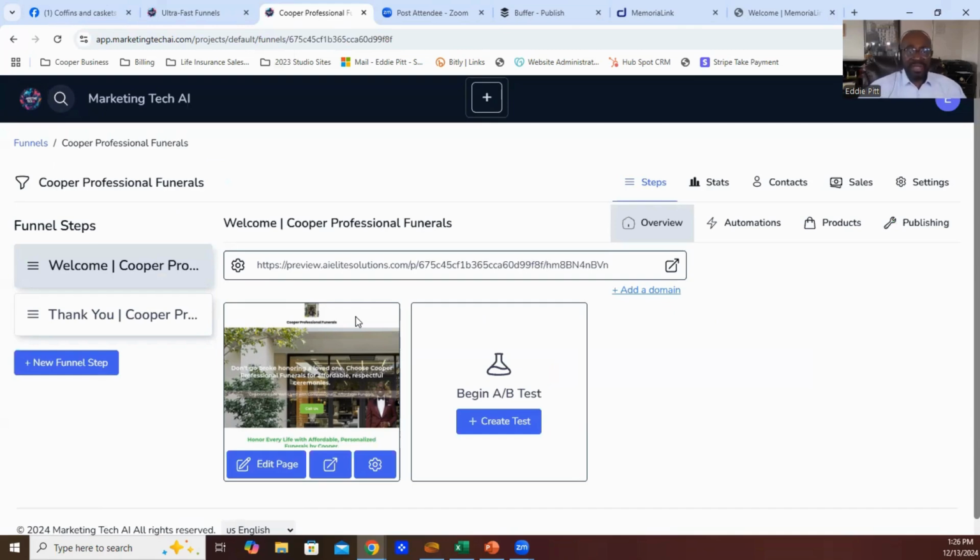Okay. And there we have the page that has been prepared. Simple directions. To edit that funnel, you go here where it says edit the page, and I'll show you how to put some pictures and things in there. But over here, your automations. This is where you set up your email campaign. You have the privilege to put products here. And then, of course, publishing all your new changes that you might make to your funnel. The settings, your contacts, people who are contacting and touching into the page and answering the questions on your landing page. But let's take a look at the editing of the page.